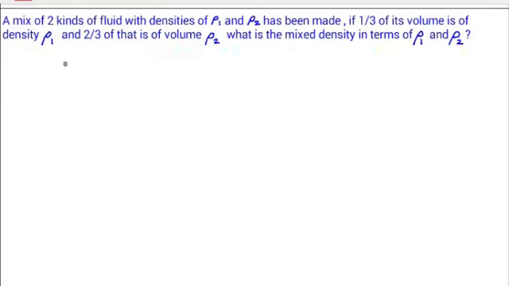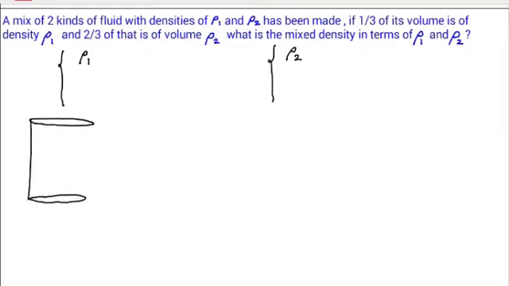So for answering this question, we make two brackets and write the primary conditions of two fluids. For the first fluid, its density is rho of 1, and the second fluid, its density is rho of 2. And the question is telling that 1/3 of its volume is of density rho of 1. So let's try a cylinder. So 1/3 of this cylinder,